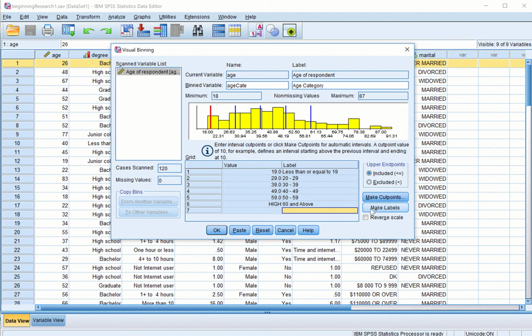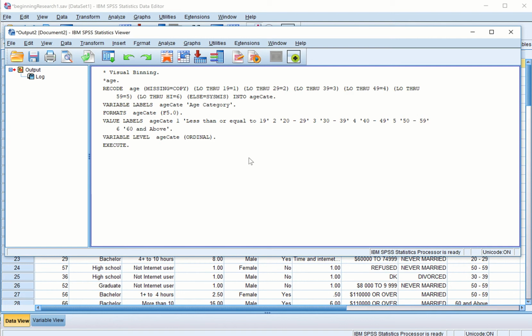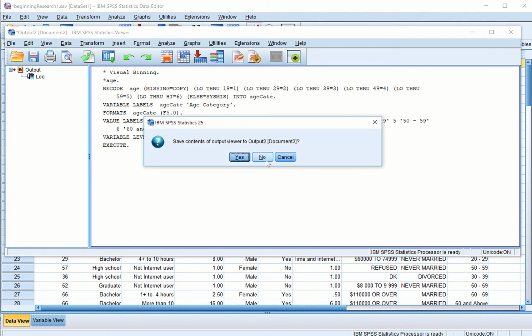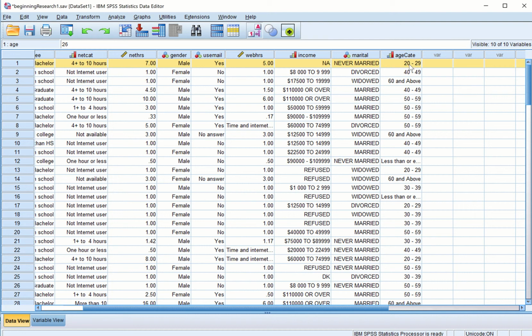And then here I think I'm done with all the things. Cases to be scanned are 120, missing are 0, so everything seems fine to me. And let us click OK here, and the binning specification will create one more variable, and click OK. And here SPSS is doing its job. Let us close this window, we don't need to save this one, and you see, boom, SPSS has created one